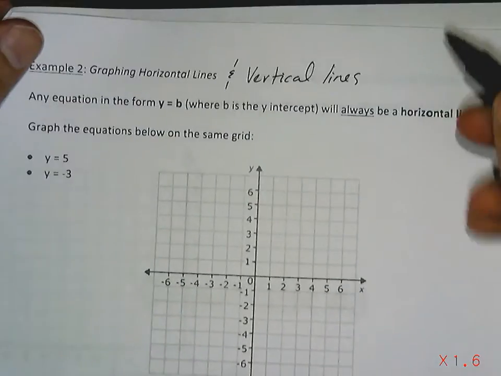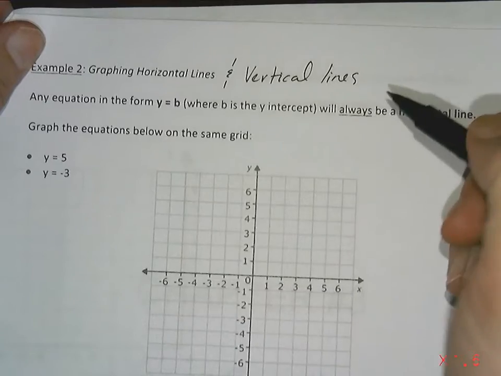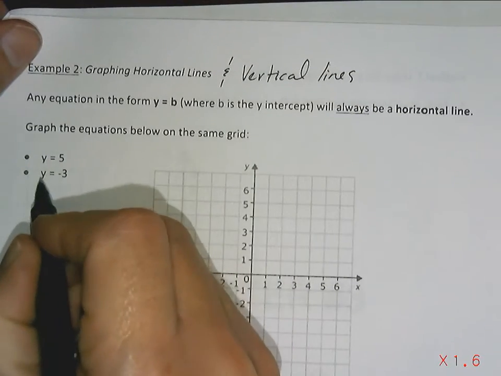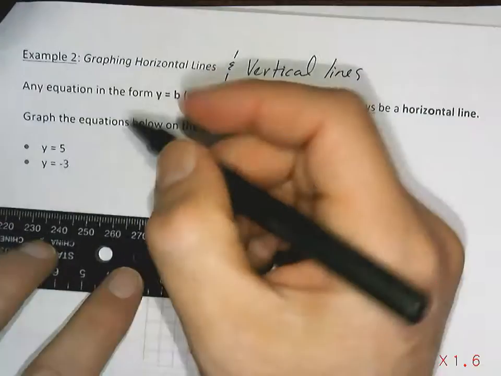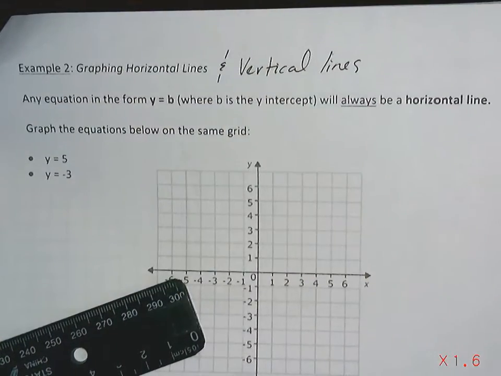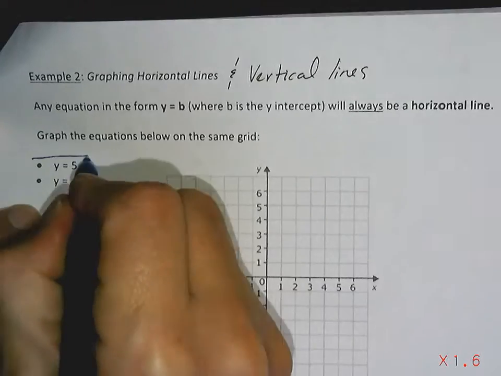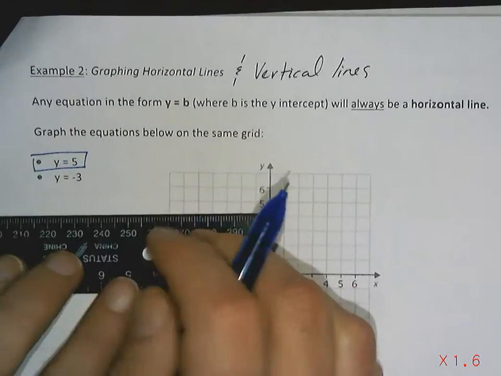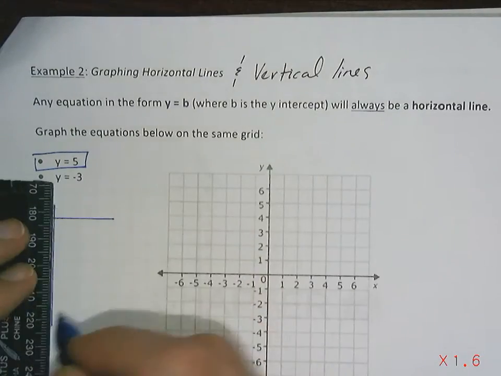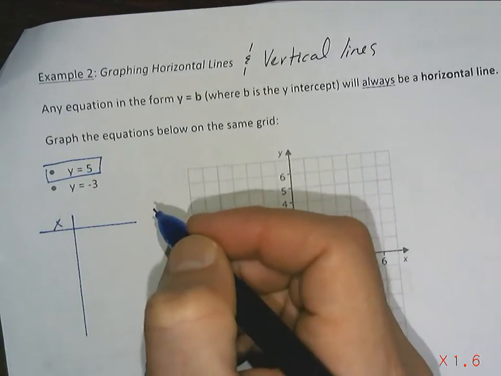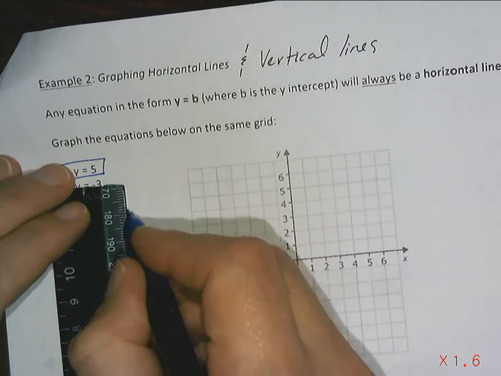So we're going to graph horizontal lines, vertical lines. This is y equals 5 and y equals 3. And let's think about what that means for a minute. Let's do the first one, y equals 5, using a table of values. So using a table of values for y equals 5, you would have your x's, you would have your y's,